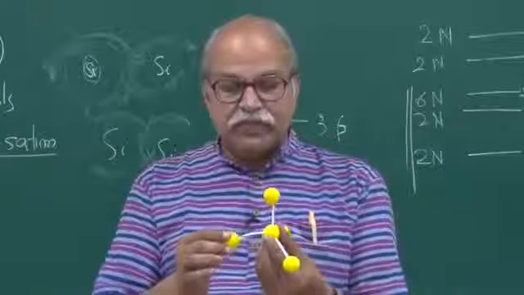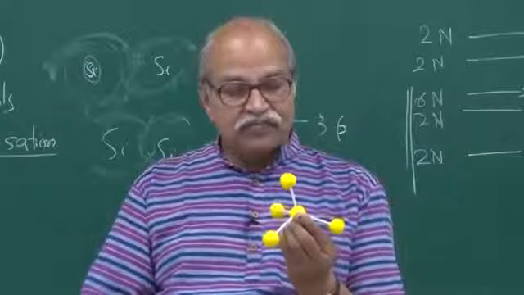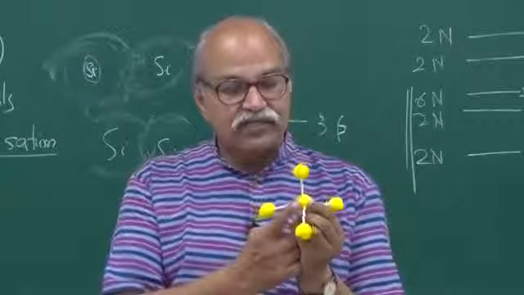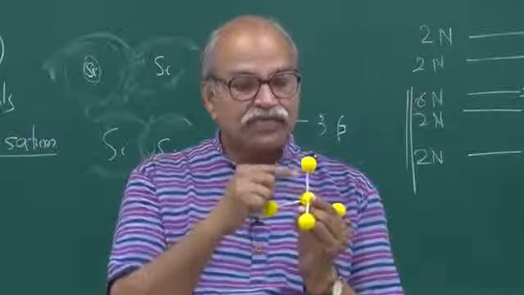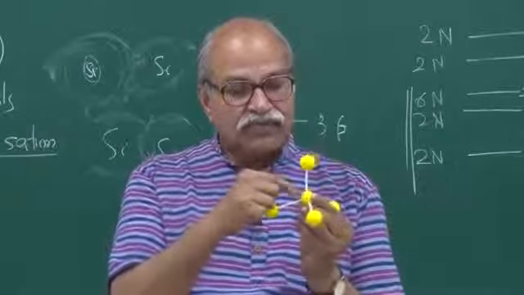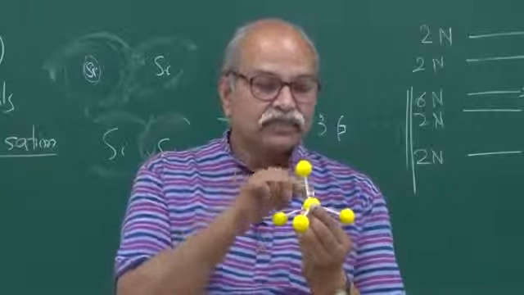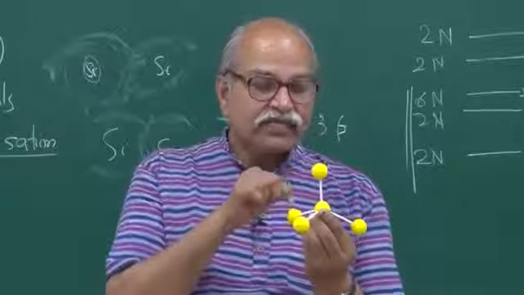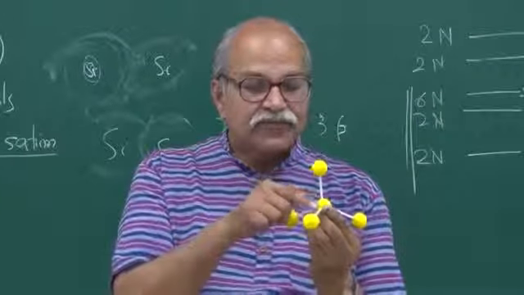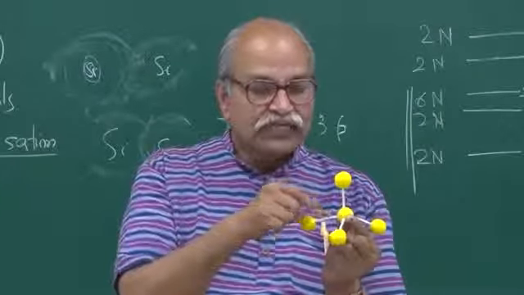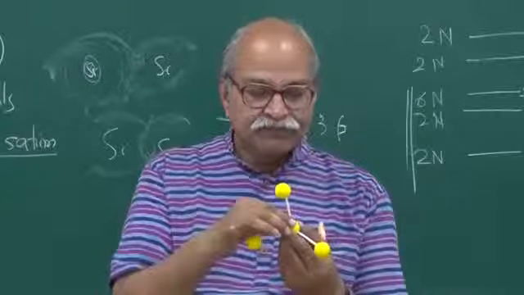So this is a schematic representation of bonding in silicon. Assume that this is your silicon atom here, this is a silicon atom here, and these two are bonded, and similarly it's bonded to this one, this one, this one. So each silicon atom is bonded to 4 other silicon atoms, and it makes some kind of a tetrahedral geometry. The angle between any two directions is 109 degrees. So this kind of geometry.